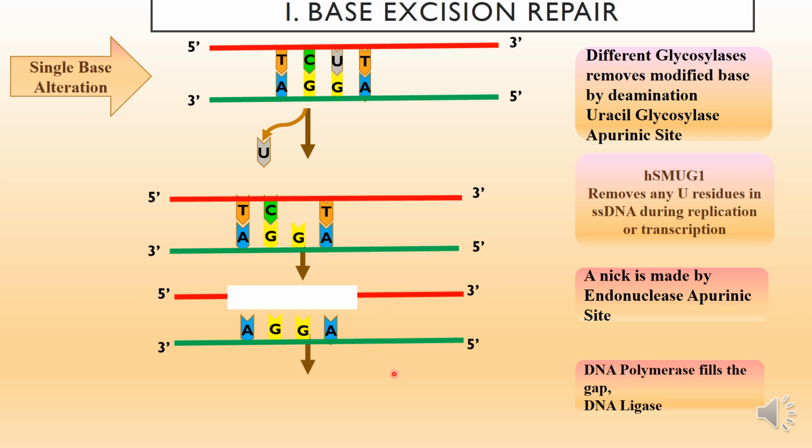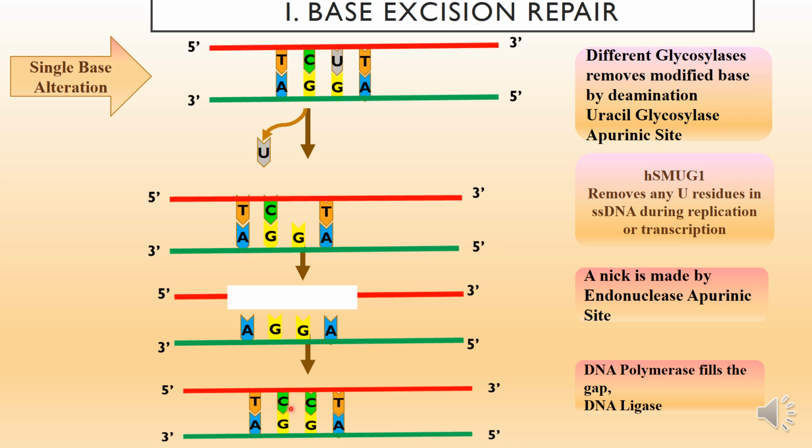And then DNA polymerase will fill this gap by bringing in the correct nucleotides according to the complementary strand. And now you can see that here at the third position, where there was uracil earlier, it is now replaced by cytosine. So cytosine is pairing with guanine. So the correction has been made by base excision repair. That is, the wrong base is removed by exonuclease, and then the correct base is brought in by DNA polymerase, and it is